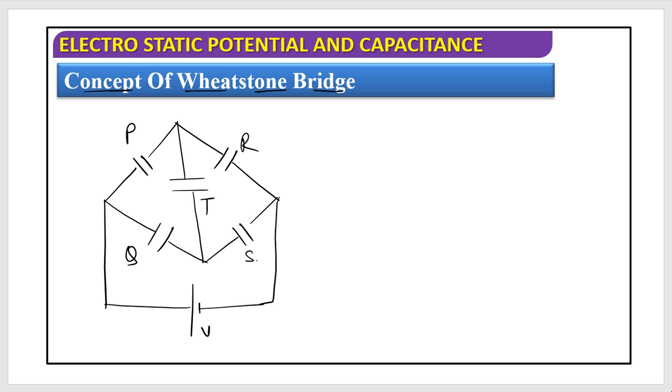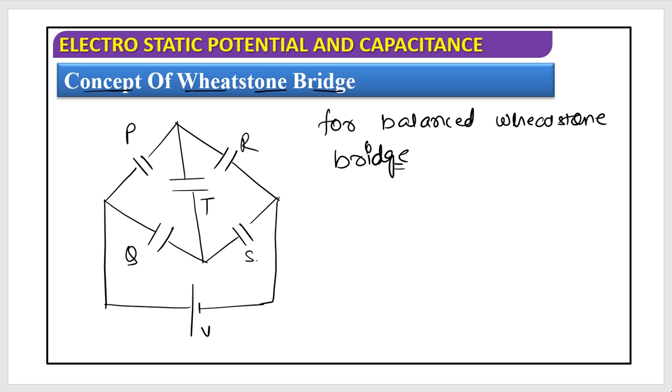So for a balanced Wheatstone bridge, now the thing that remains is what a balanced Wheatstone bridge is all about. We are going to derive this in unit number 3, but here we are just having a look at the application of this. So I know that if P by Q, the ratio of this to this, is equal to R by S,